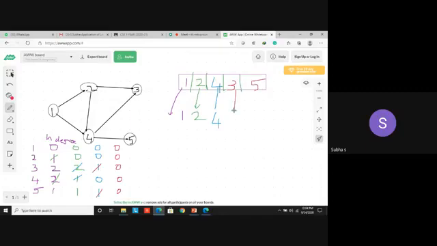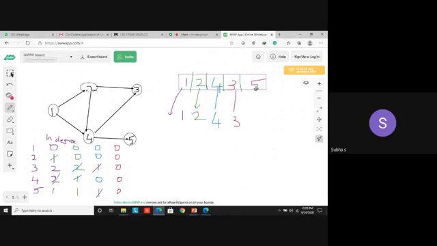Now what you have to do? Dequeue 3. Find is there any adjacent node. Is there any adjacent node for 3? No. Just dequeue it, that's all. There is no adjacent node, so no need to decrement any value. Then move to the next element in the queue, because until your queue becomes empty, you have to do the steps.